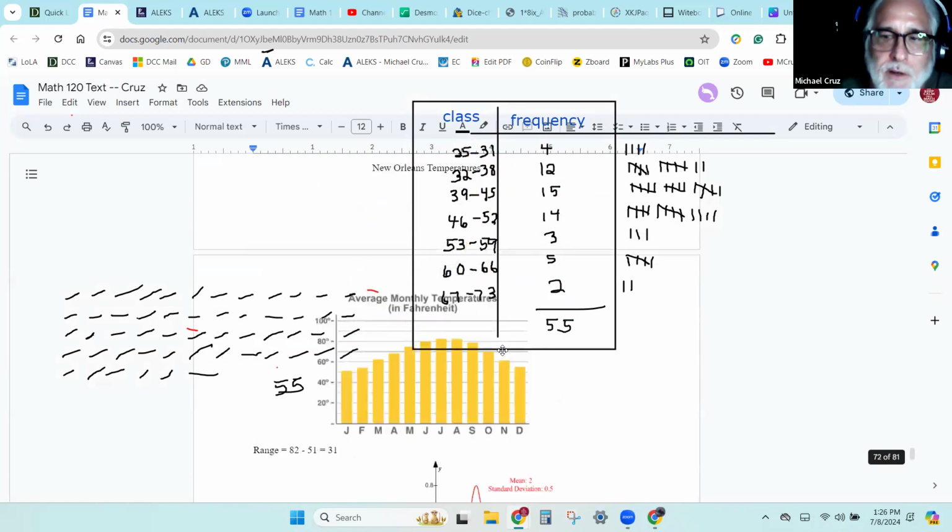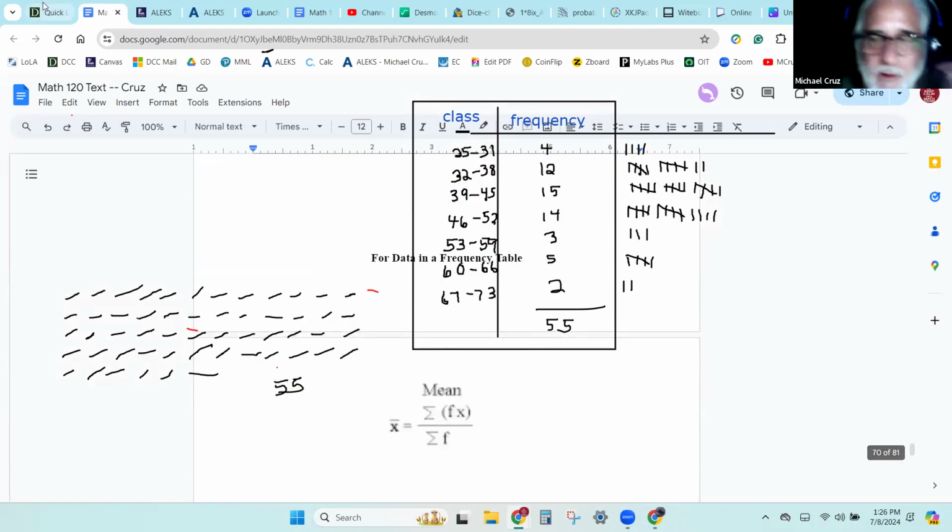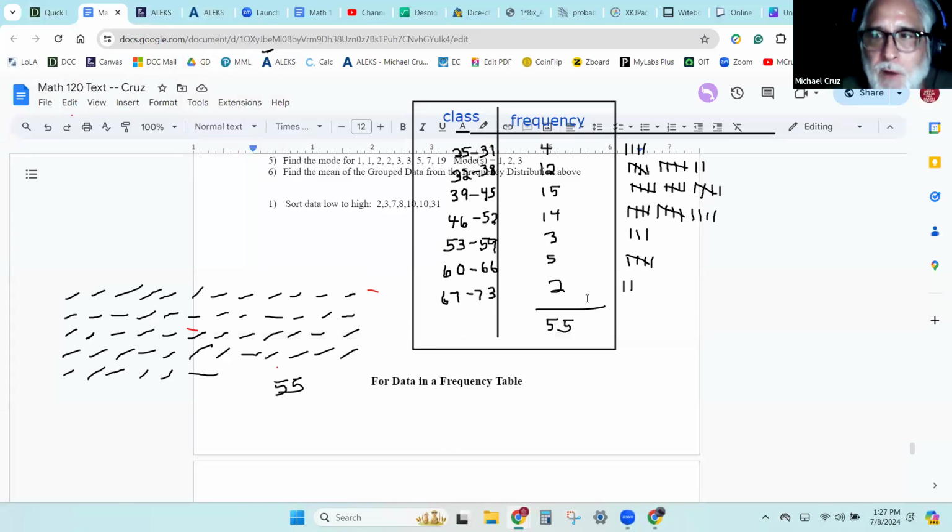Something just went missing out of here. I don't know what it is. We'll just go ahead and do it over here. So what I want to do is create a histogram out of this, because that's the third type of graph, and it's really the most important one. It's the frequency distribution graph called the histogram. There are other types of graphs like pie charts and everything, but this is Big Daddy, the one that's important.